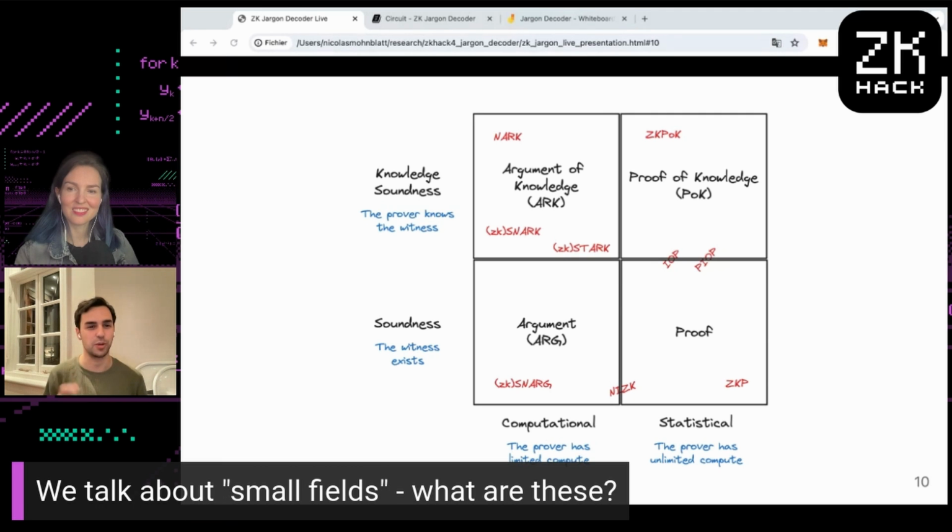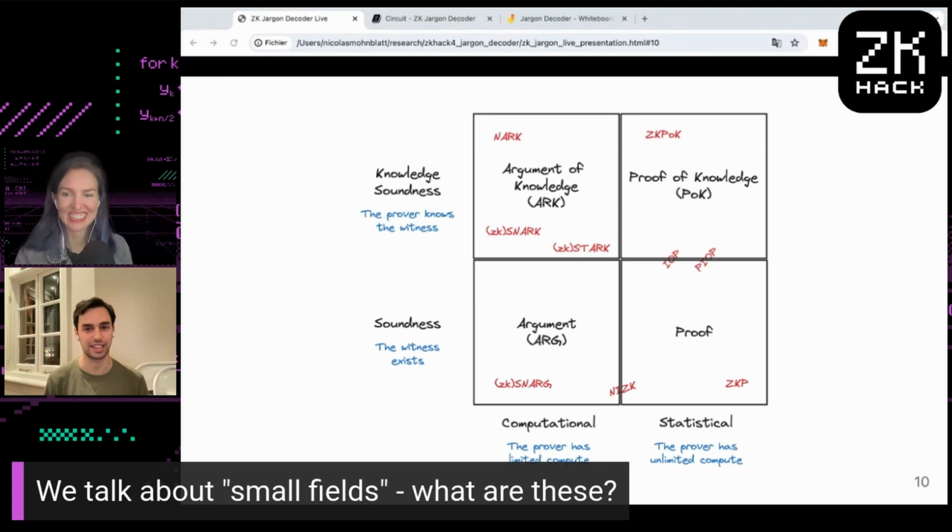If our field has just 2 elements and I ask you, all right, pick a random number between 0 and 1, I have a 50-50 chance of guessing which one you picked. But now if I ask you, all right, pick a random number between 0 and 10,000, this gets a lot harder for me to guess. So that's why, for security reasons, we like big fields. But for efficiency, we like small fields. Interesting. That's a good trade-off. Good to know.